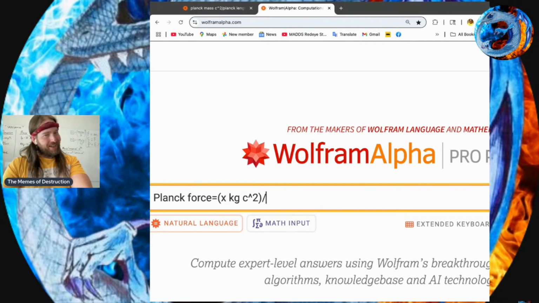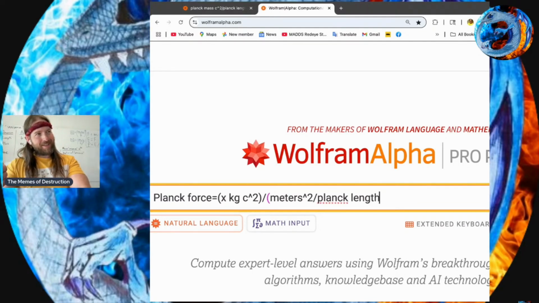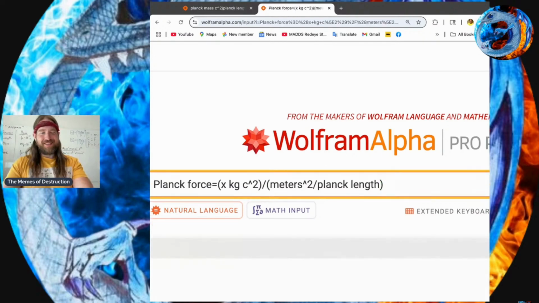Okay. So the radius of the universe we've claimed is going to be meters squared divided by the Planck length, because we happen to be a fan of maximal extendability. What is maximal extendability? AKA, there's no arbitrary boundaries, and I would claim nothing but ratios from Julian Barbour. All right, let's put that on there. Let's solve for x.